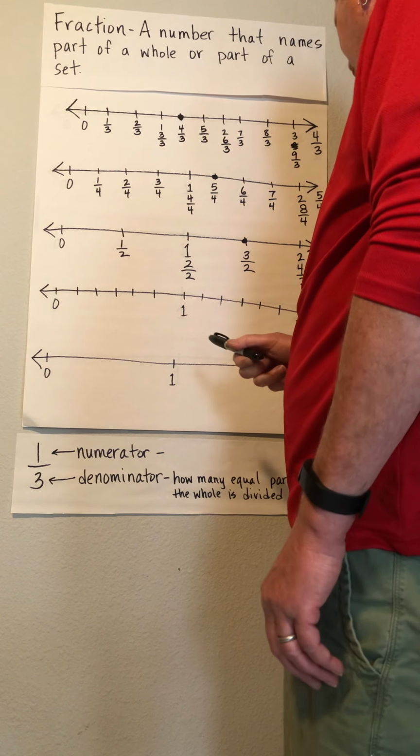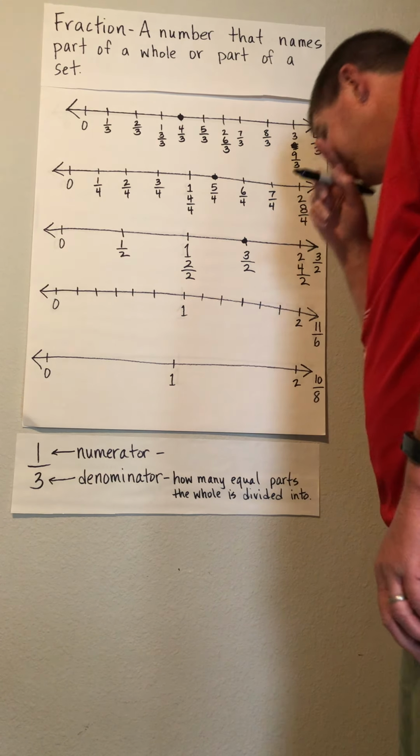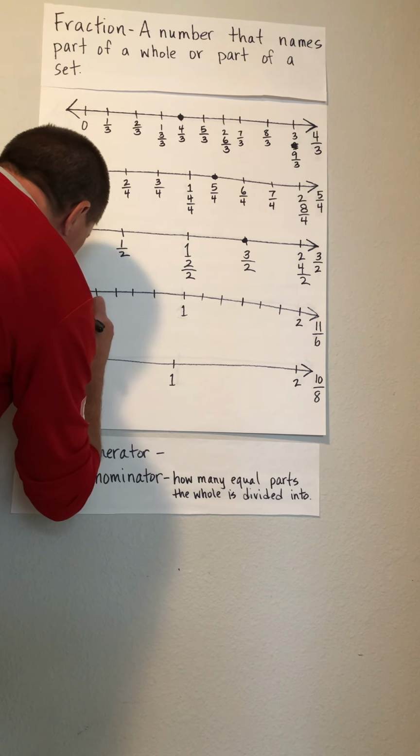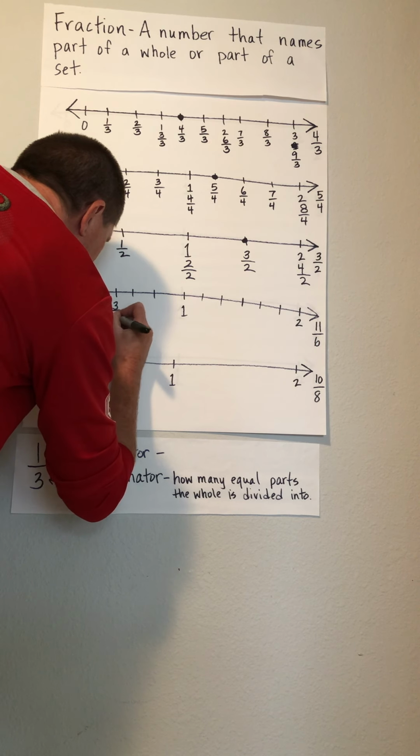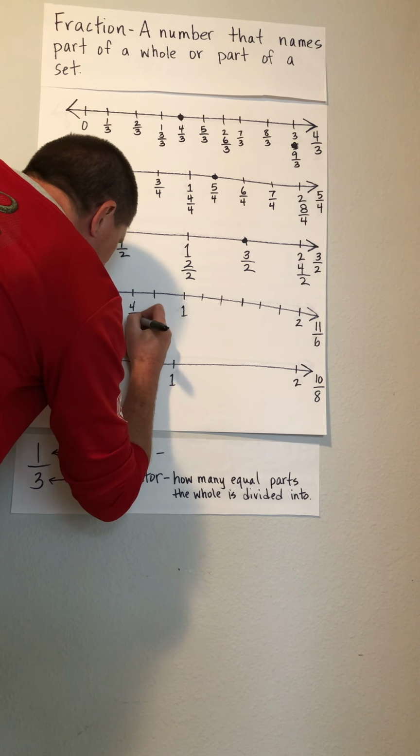1, 2, 3 for a total of 6. Okay, now I'm going to label them. All right, so this is 1/6, 2/6, 3/6, 4/6,